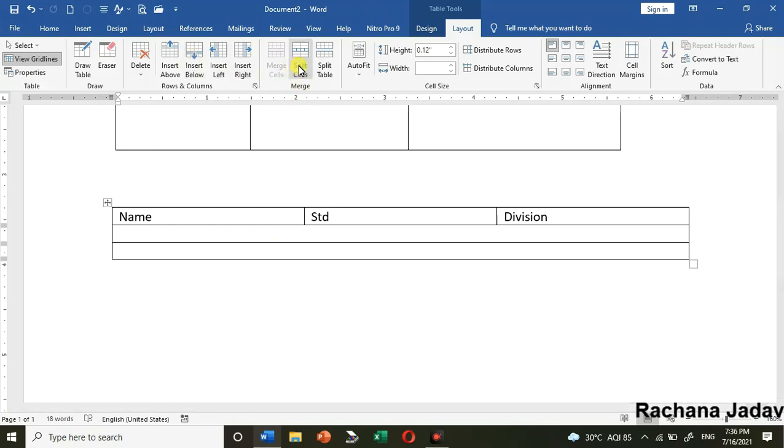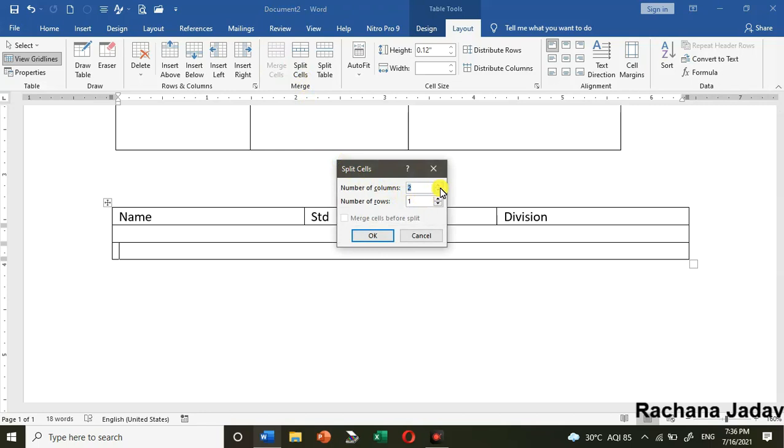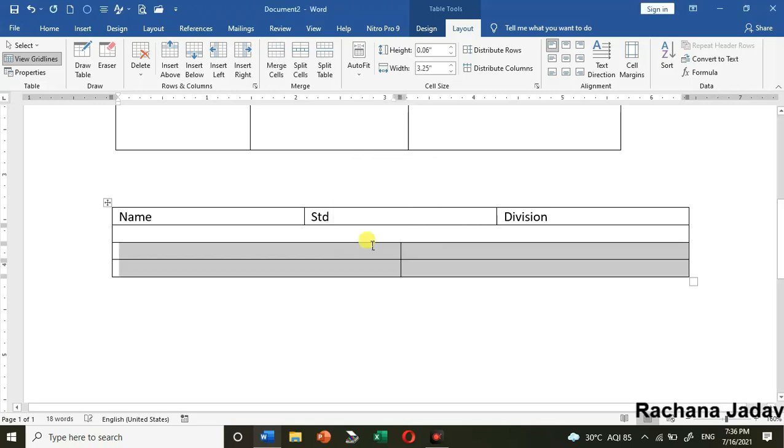Now here we will go with split cells, and I want here to give 4 options. Okay, and the row is decided: 4 options in one row. If your content is very big, then you can go with 2 rows and 2 options, so it will turn out this way. So here 1 2 3 4 options, or you can say A B C D, like that you can select the options. Okay, so this is about it.